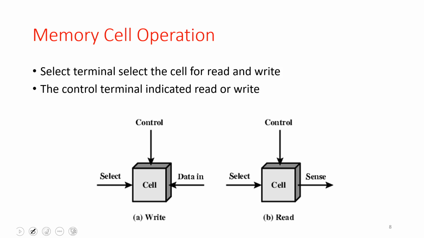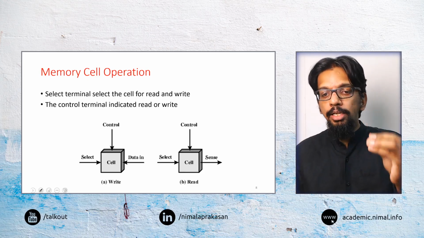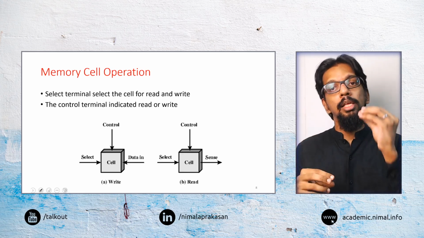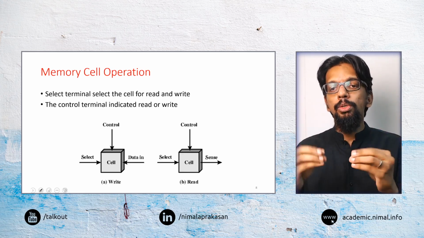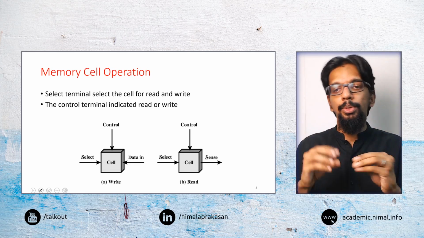In such a memory system, two main things need to happen: reading data and writing data. So in this context, we will look at the operation of reading and writing data into a single memory cell. In the previous week, we already looked at how we have address lines, data lines, and control lines that give signals to memory. They connect the CPU and the memory.